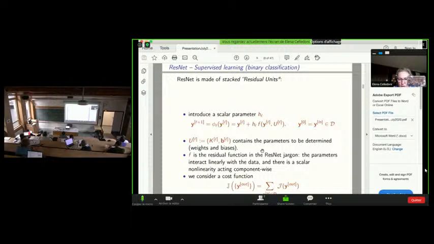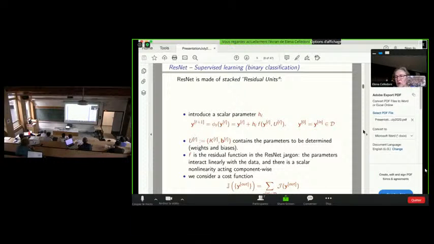When it comes to the cost function, I have to mention something here. The cost function is typically given as a sum of contributions over all data. So it will have a format as you can see here at the bottom of the slide.